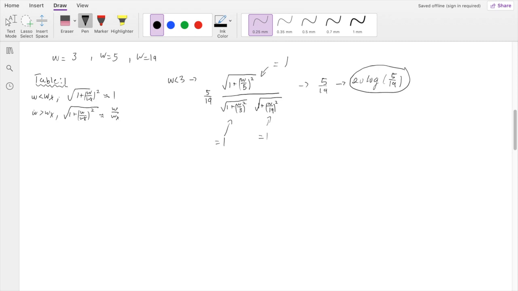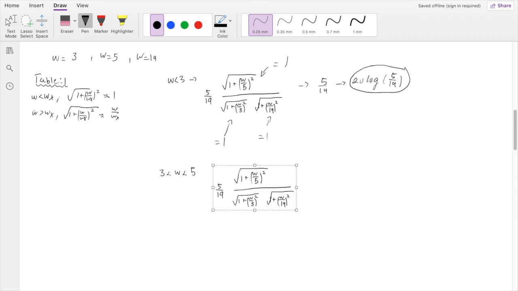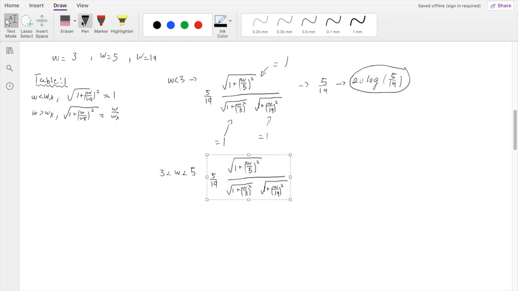And now for our next line segment, we see that the frequency is going to be between 3 and 5. So here we can write W is in between 3 and 5. So again, we've put our transfer function here. We have to find what the transfer function turns into. Here we see that the frequency is larger than 3 now, but it's still smaller than 5 and 19. So we can still write